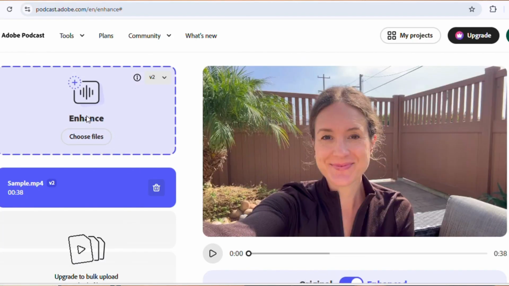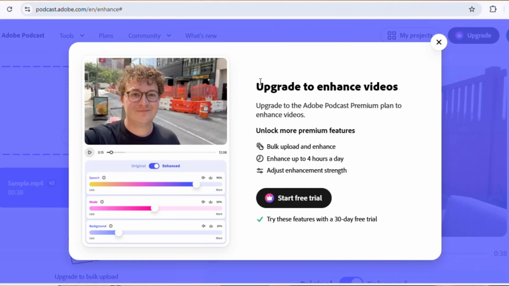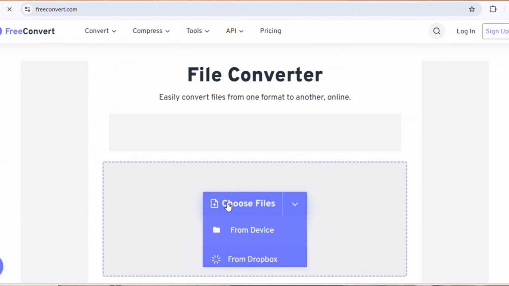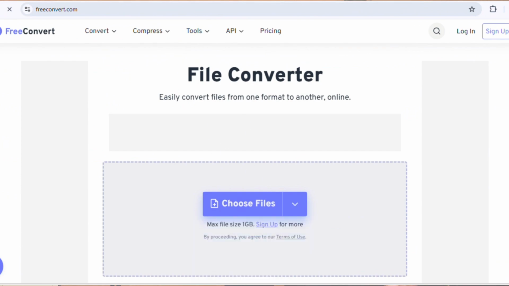You can see that I tried uploading the video directly, but it asked me to upgrade. What this means is that you have to be subscribed to their platform before they can allow you to directly enhance your video. So a way to do it if you are not subscribed is to convert your video to audio before going back to enhance it. So we are going to go to freeconvert.com and convert our video to audio, and then come back to enhance